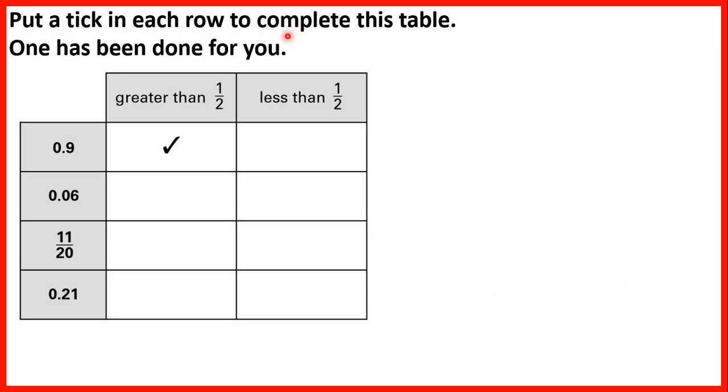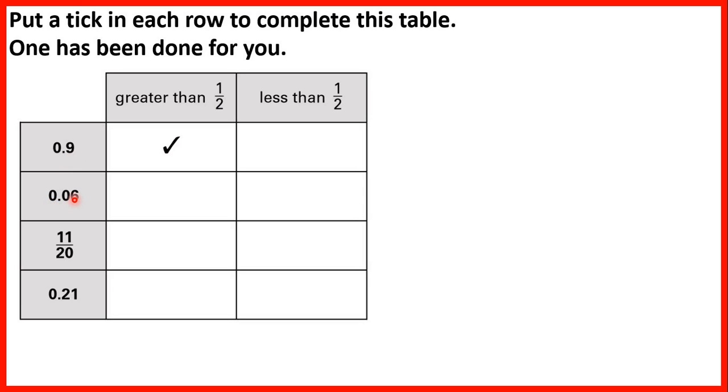Put a tick in each row to complete this table. One has been done for you. So they've told us that 0.9 is greater than 1/2. And that makes sense because the first digit after the decimal point tells us how many tenths we have, and 9/10 is greater than 1/2 because 1/2 is the same as 5/10 or 0.5. Now we have